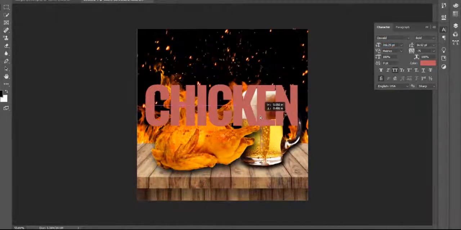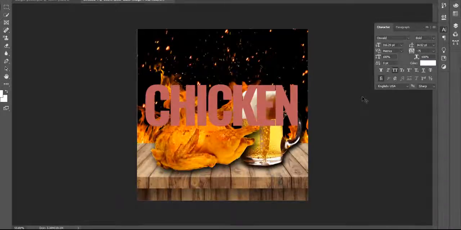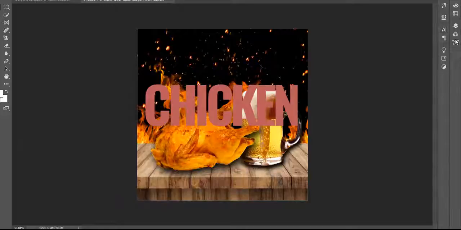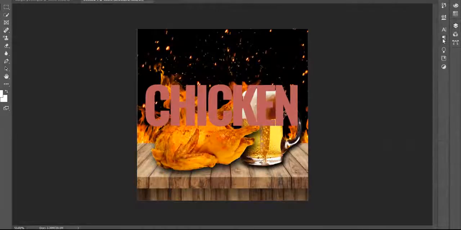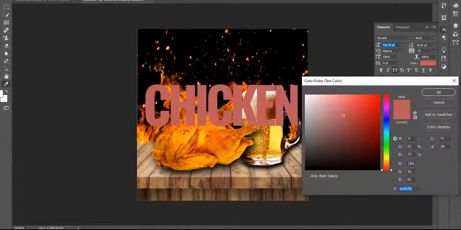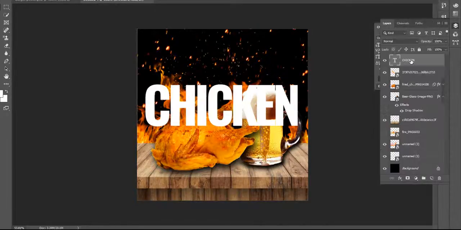Right. Fine. I change the text color into white, and go to the layer palette and drag this to the bottom.